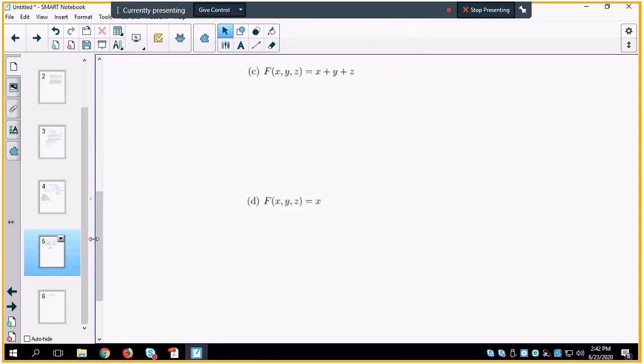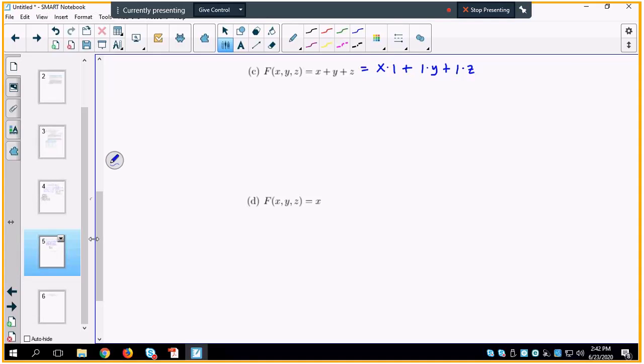The third example, f of x, y, and z is x plus y plus z. So this will also be a little bit of a long problem because to the term x, I need to introduce y and z. To the term y, I need to introduce x and z. And to the term z, I need to introduce x and y. So my first step will be to write this as x times 1 plus 1 times y plus 1 times